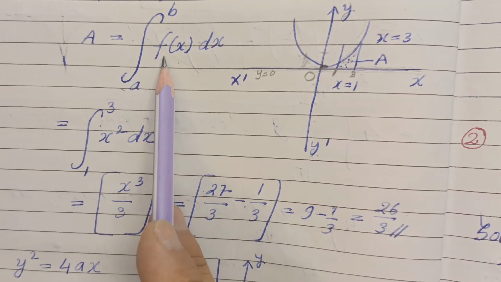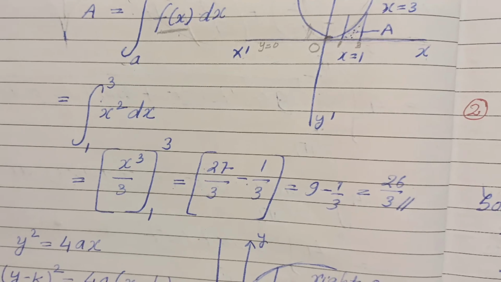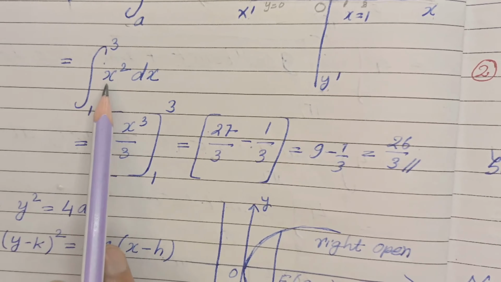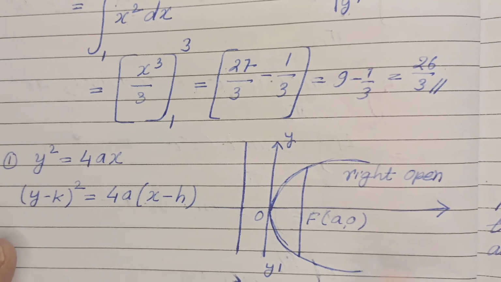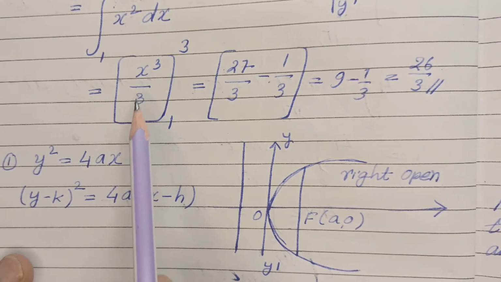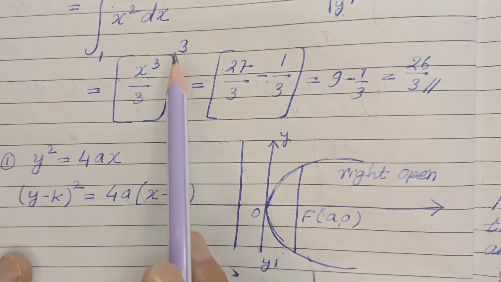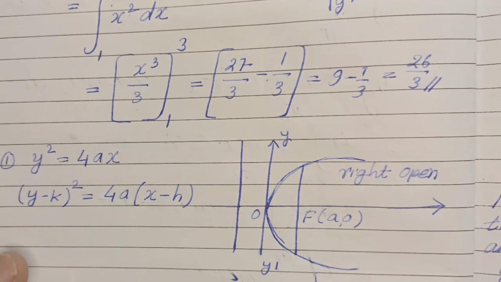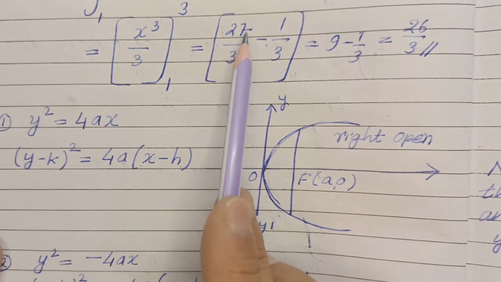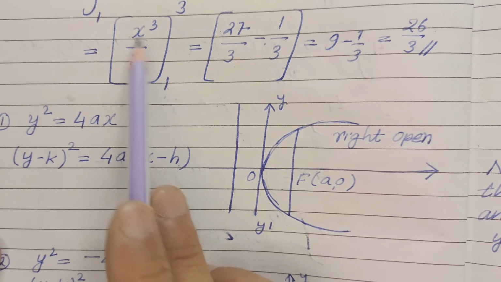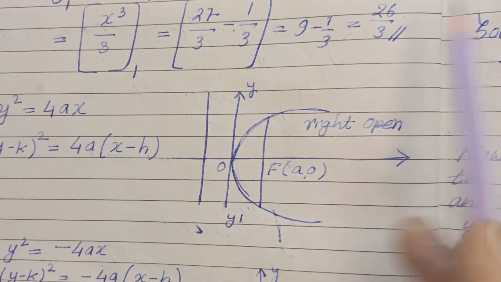We told that here, and that's why you will just write the integration from 1 to 3, as it's given. In place of f(x), we write x square dx. Now we can simply go for integrating it. We know how to do integrations. It becomes x to the power of 3 by 3, the whole from 1 to 3, and then you subtract, substituting x with the upper limit and the lower limit. We substitute 3 at the beginning, you get 27 by 3, minus the lower limit substituted with 1, and then you subtract them, and you get the result as 26 by 3. So this is our answer.